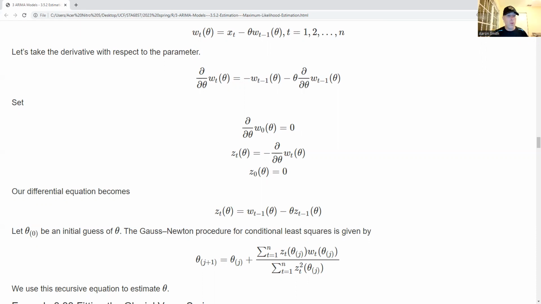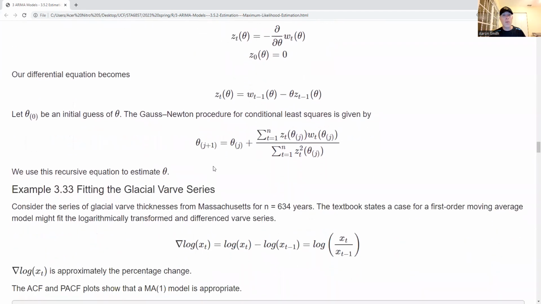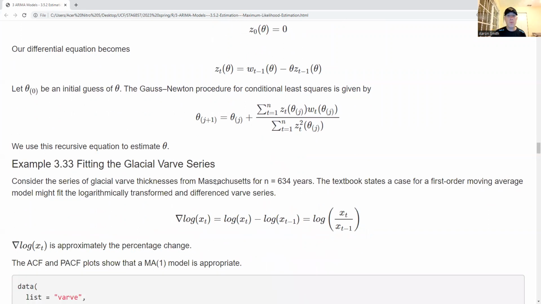And so we're going to do a recursive equation, and here it is. It's kind of ugly. It looks bad. It's not that bad. It's just using exactly what I told you. I'm taking the tangent line in a kind of a funny manner and shooting down to where things equal 0. And so this gives me a way of finding the theta for an MA1 process. Okay, so now